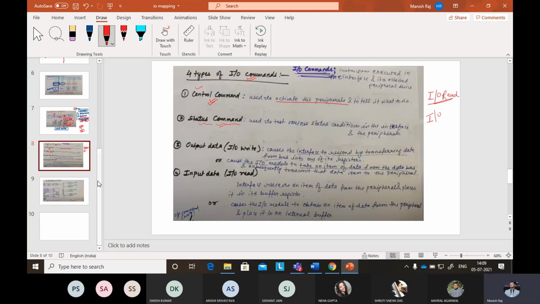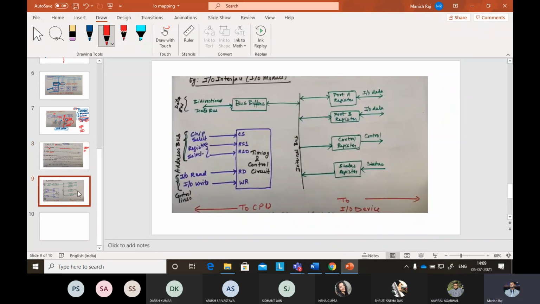Yes sir. Okay, so I think this is an easy part because you have already learned more things. Now, if you look at the overall picture, these are the port registers. I am starting from here. This is connected to the CPU. This is the CPU part, where the processing happens. This is the part where the peripheral device is present.